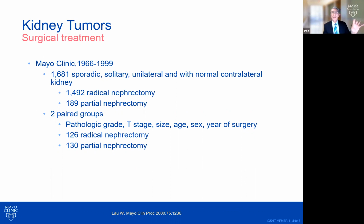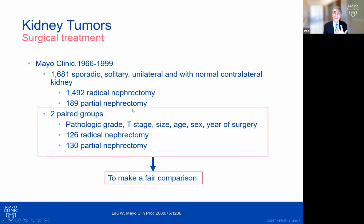What they did is they took a bunch of patients who had kidney cancers, and about 1,500 of them had radical nephrectomy, that is the complete kidney taken out, and about 200 of them had a partial nephrectomy. But to make a fair comparison between the two, they matched up cancers that had similarities in their stage, the size, the patient's age, the patient's sex, the year of surgery,